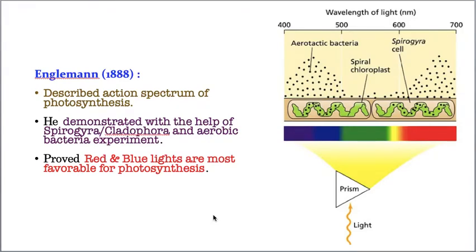Engelmann. I'll show this diagram and I'll explain. Then you will understand. He has taken a prism. Prism, you perform this in physics practicals. It's like a piece of glass, I can say. Now this is a prism. It will usually be in a triangular shape. In the physics lab, you must have seen this also. Now through this prism, they passed one light ray.